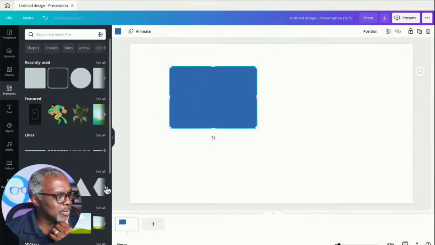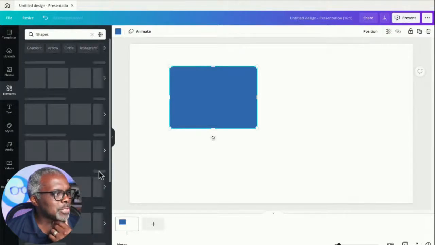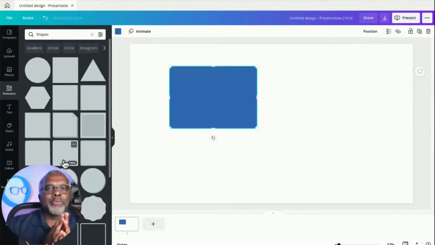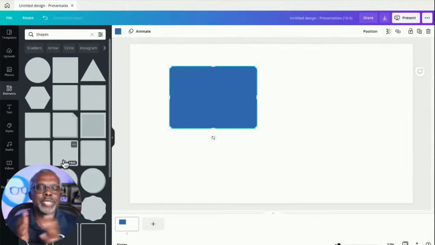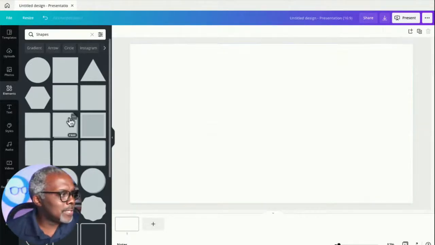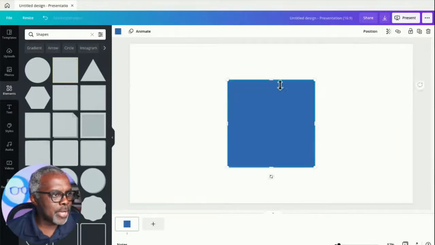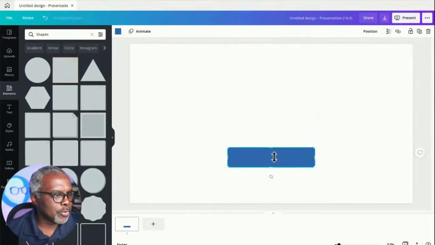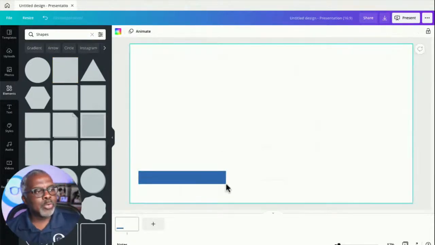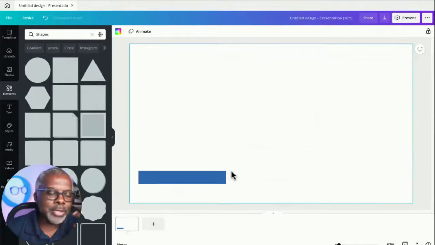Sometimes you may have some other kind of skewed edge shapes, but how I tend to make mine, I want people to think about their shapes like Lego. If you think about your shapes like Lego, it may be easier to create the unique shapes that you want. So say, for instance, you want a box for your name as a lower third, and it'll be in this corner down here. I'm going to put some text in it. But say you want the edges to be skewed or at an angle. If you think about it like Lego blocks,